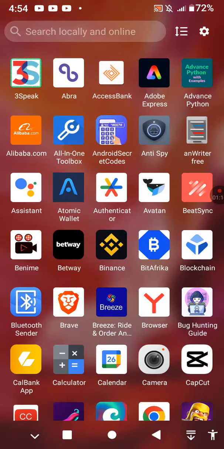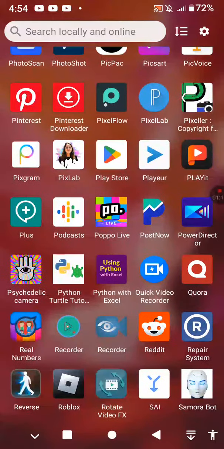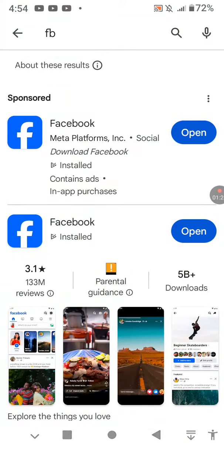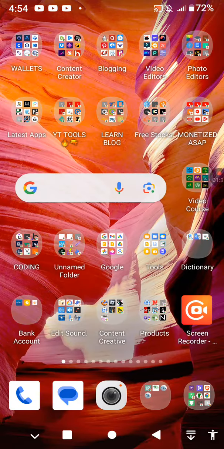After that, head straight to your phone menu and try to search for Google Play Store. So when you find Google Play Store, just tap on it to open it. Now try to search for the Facebook app. When you find it, tap on it, then tap on update over here to update. So after updating it and getting the latest update of Facebook, tap on your power button for